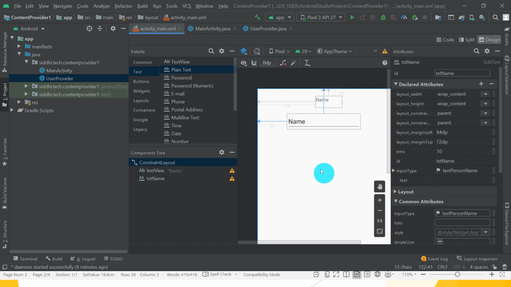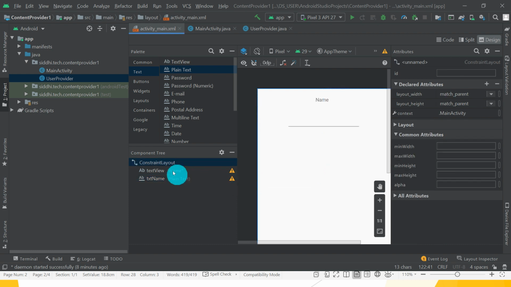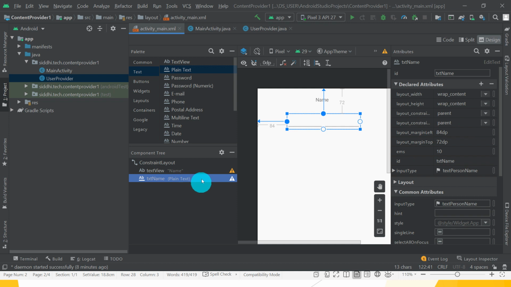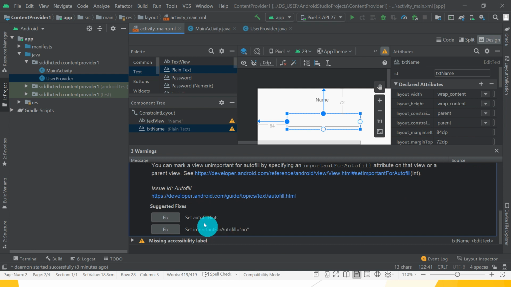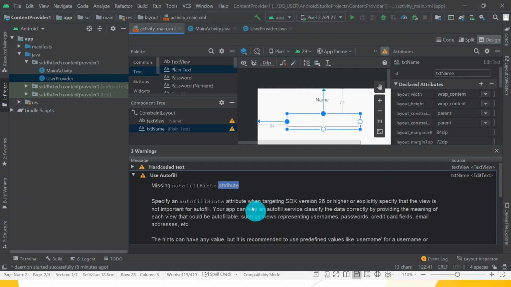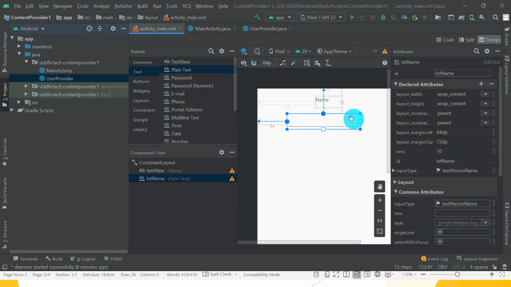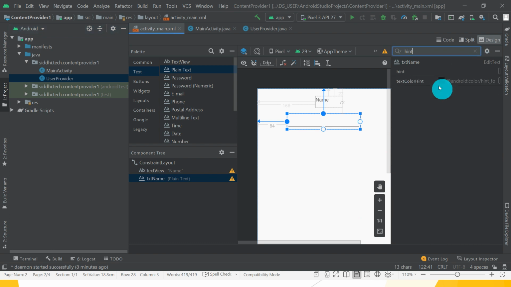Hope you understand, guys. The text name gives one warning, so fix that with autofill hint and set okay. So here we can give the hint, that is, Enter name. This is the hint.